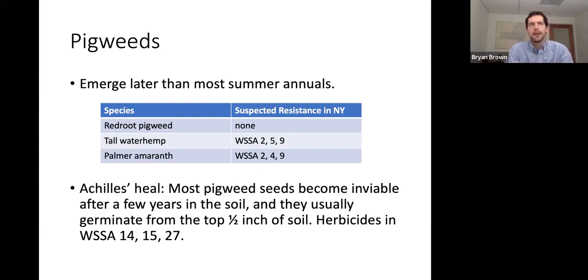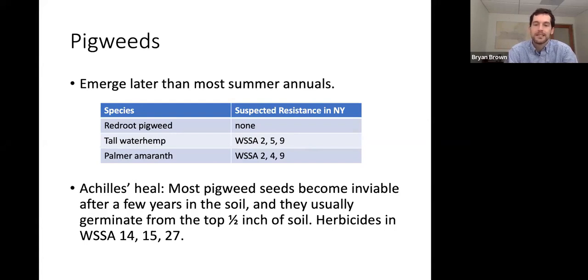So red root pigweed, I'm not sure if there was any resistance to it. I know that there was a population that was either red root or smooth pigweed that was suspected to be resistant to linuron in New York. But tall water hemp and Palmer amaranth, we have several populations that we have sufficient evidence to say that,